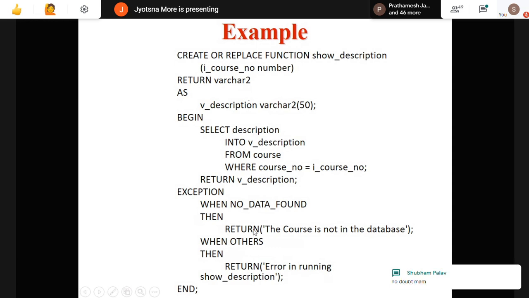So not displaying. And then return whatever error. So exception can be of any type. If there is a number division part you are doing somewhere here, the way you do in other programming languages, then again you write that exception part. So exception is whatever you are having.